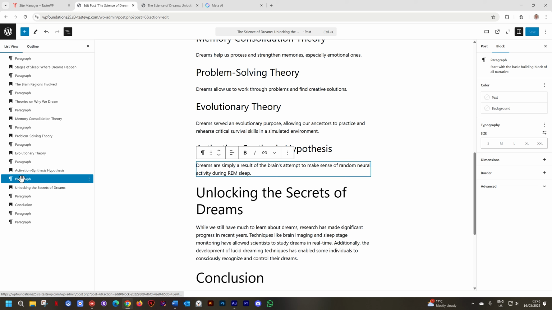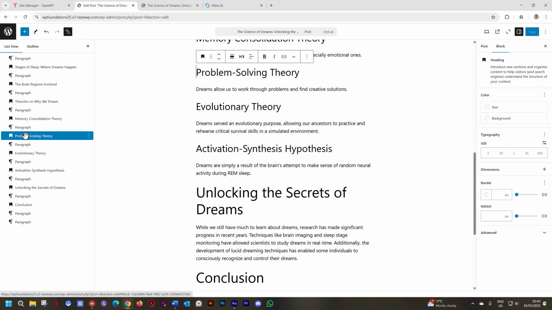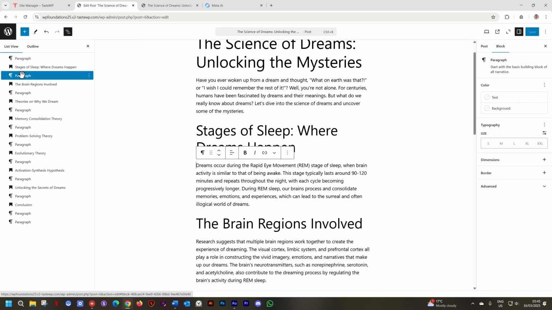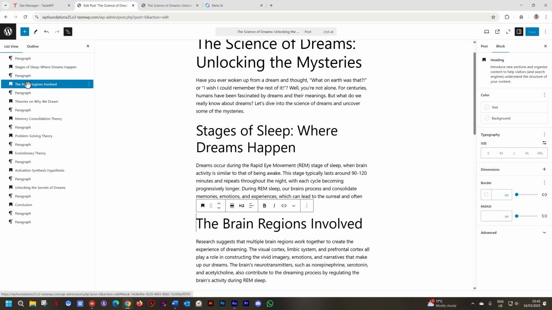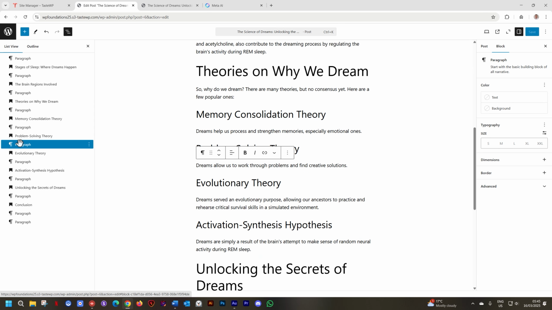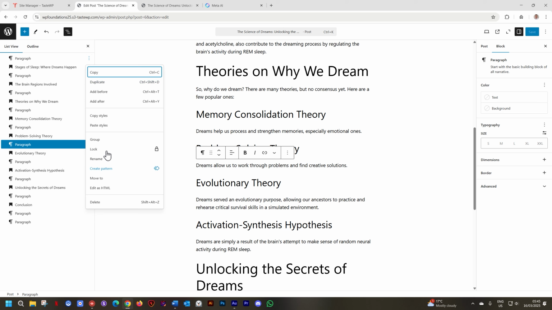And if you want to know where it is, just hover again over it and you see the blue bounding box. And this makes it very easy to edit stuff by just going to the list view and clicking on that area that you want to edit, and it will jump there automatically. It gives you a nice overview of what is happening on your page. Also note that you have options on the right, and these are the normal options that you will get on the page as well, like copy, delete, all of that.